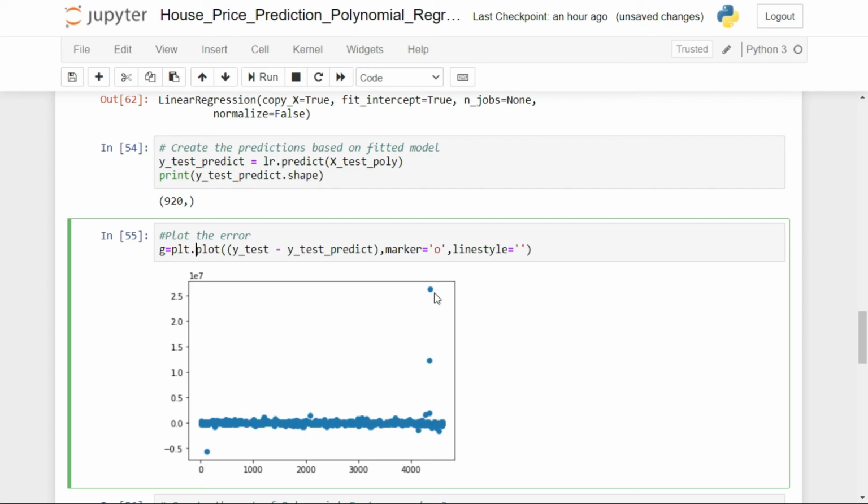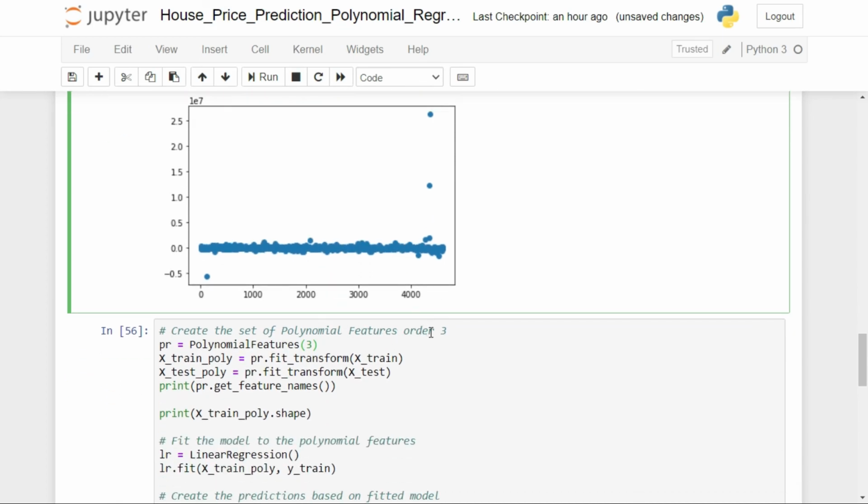You can see that there are some values for which this difference is very high. These mainly correspond to outliers. If there's an outlier, then it is going to give a wrong value. Since we are dealing with real data, it is expected to have many outliers. We will also look at methods for treating those outliers in the coming videos.